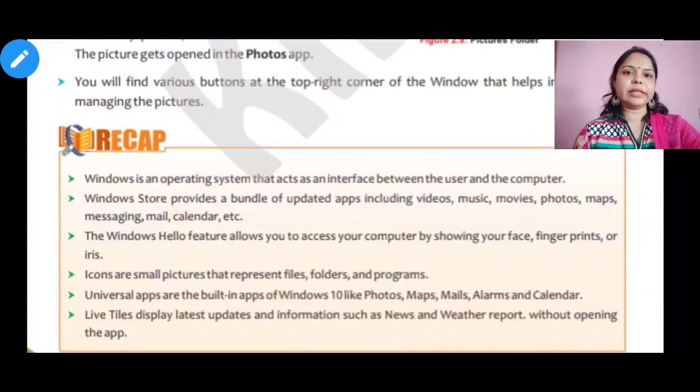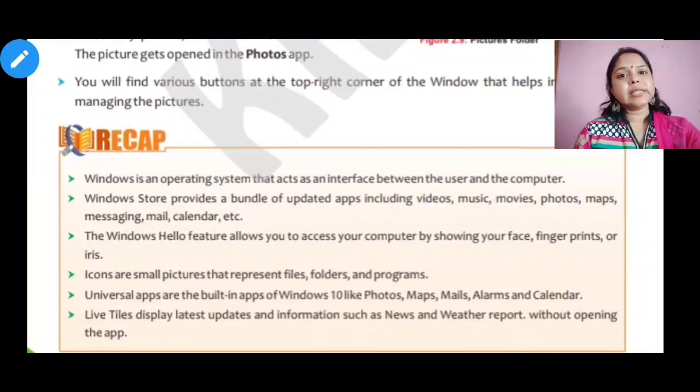The third one is Windows Hello feature allows you to access your computer by showing your face, fingerprints or iris. This is used for the first time in Windows 10. And what is that feature? Windows Hello feature accesses our computer by showing our face, our iris, our fingerprints. It recognizes them.